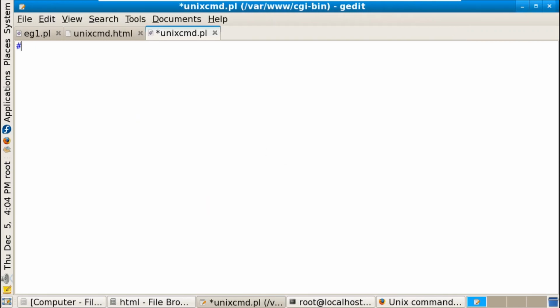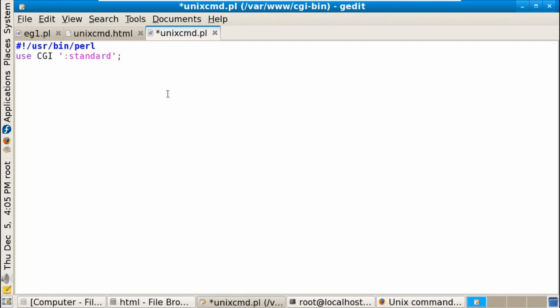The first line specifies the perl compiler path, that is #!/usr/bin/perl. Then use CGI qw(:standard);